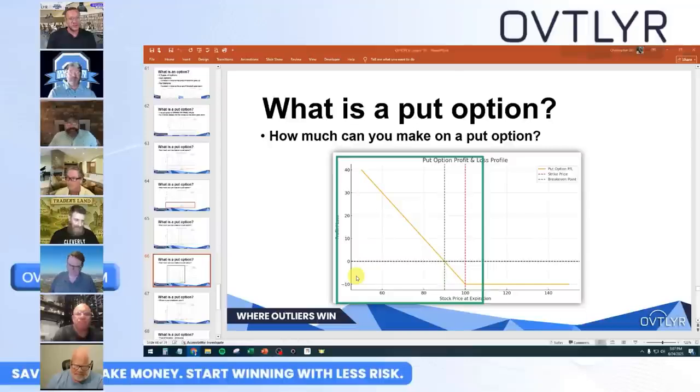So with a call option, it can go up to infinity, right? You could buy a $10 call option and it goes up to like, what is Berkshire Hathaway, $600,000, right? 742 last year. There is no cap on that. But when you buy a put option, the cap is 0. Once it reaches 0, it can't go any further than 0. So that's where you're going to max out. In theory, it's going to look a lot like this, and then it's just going to hit a wall.